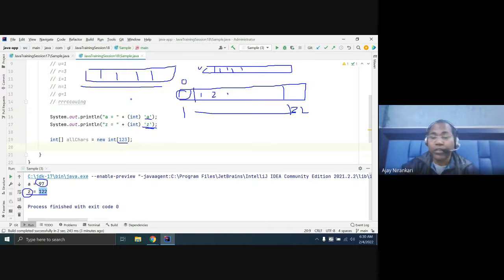There is also another design, another approach. Let's assume you have an array of 26, 0 to 26. You know the alphabet is 26.